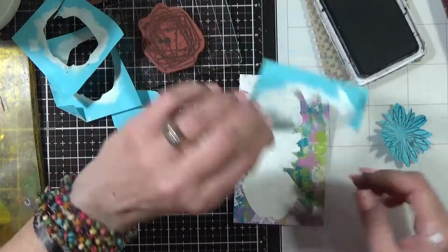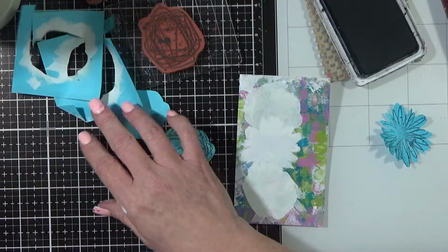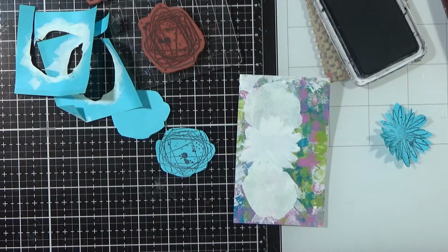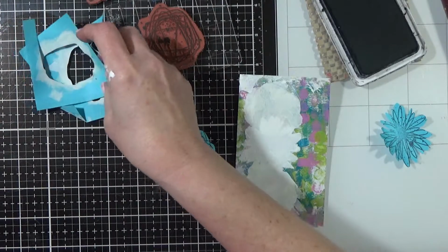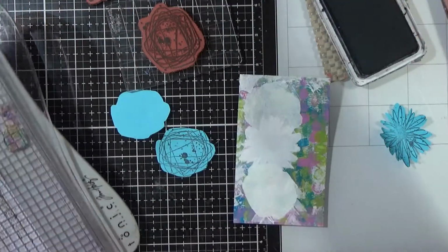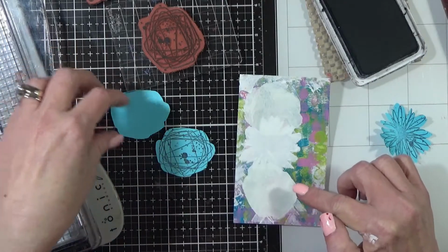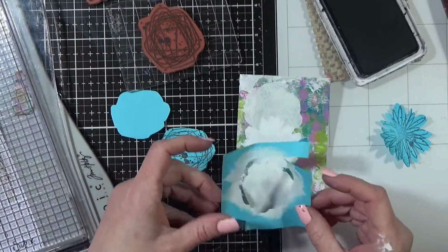Now let's get to stamping. And I'm going to pull out the platform. It's always just in case, because if you don't, you might wish you did. Right? Oh, actually, let's get these painted first. So I said, let's go with